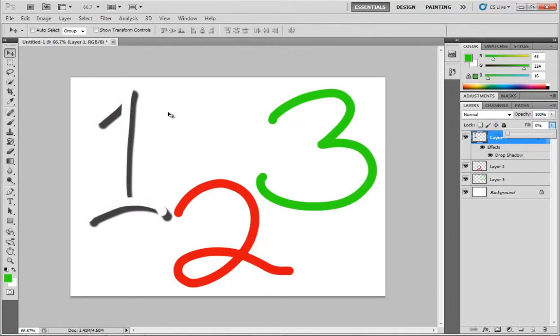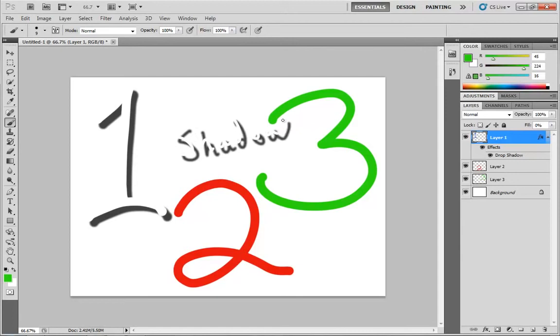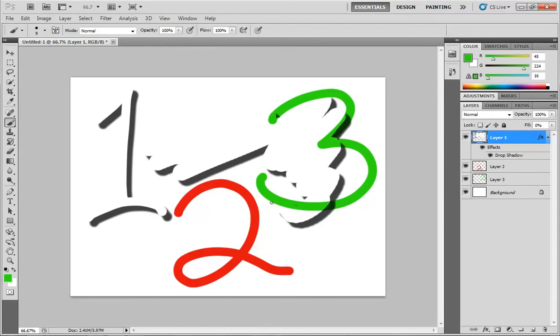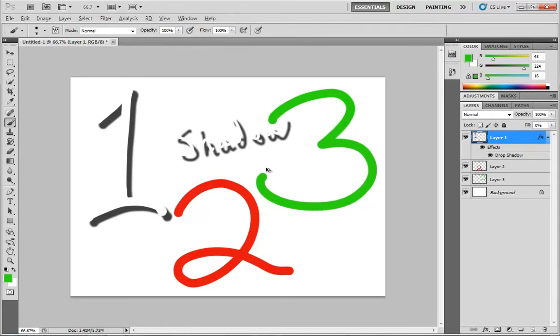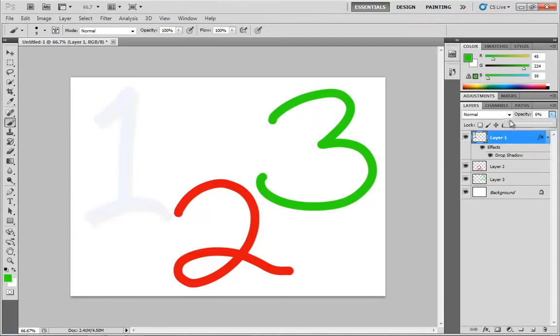The neat thing about doing something like this is that now if I grab my brush, I'm going to make it a little bit smaller, and we can write out something like shadow, and you can see how that's leaving a nice little shadow behind. And in this case, I erase that and I'm actually painting something down, which is also kind of interesting. So what I'm going to do is just hit Control-Alt-Z and we'll just step back through history and make that all disappear. So let me go ahead and pull my fill all the way back up. One more time. Opacity does all the pixels, and fill just does those pixels of the layer itself while leaving